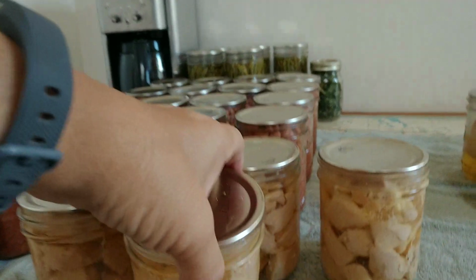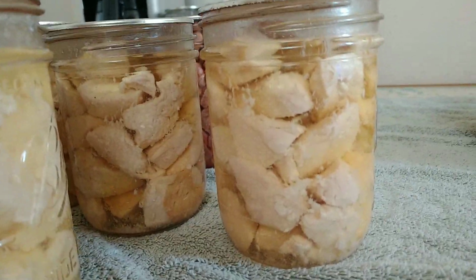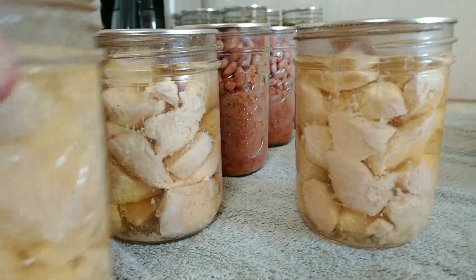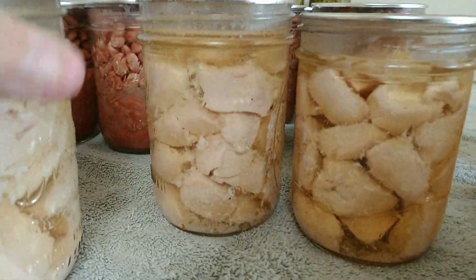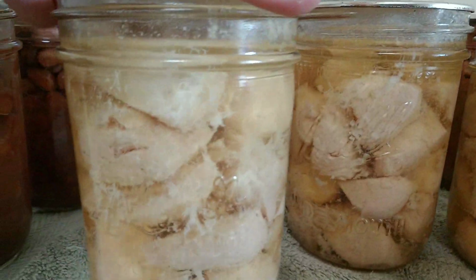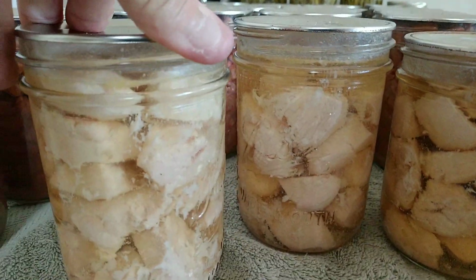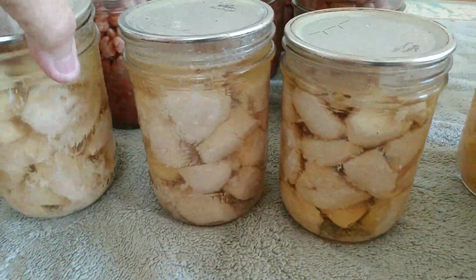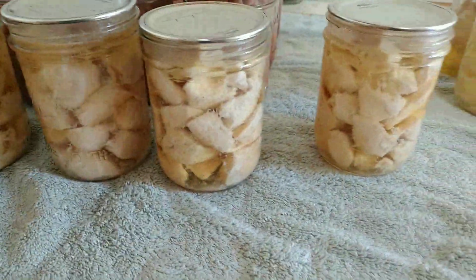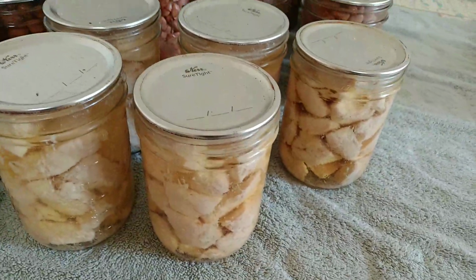Filled with water. Didn't put any chicken stock or anything in these, but look at how nicely those came out, okay? So this is one of the reasons that I do this, because they're nice. They're already pre-chunked, they're pre-browned, and they come out delicious. These I will use in casseroles. So I have 5 cans of those. And I used some chicken for dinner last night,